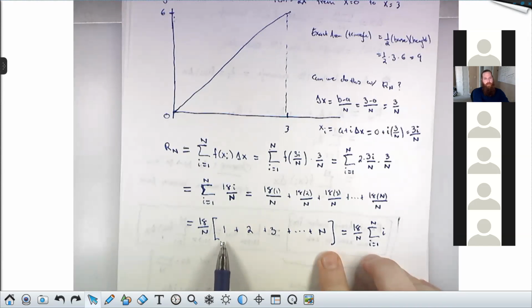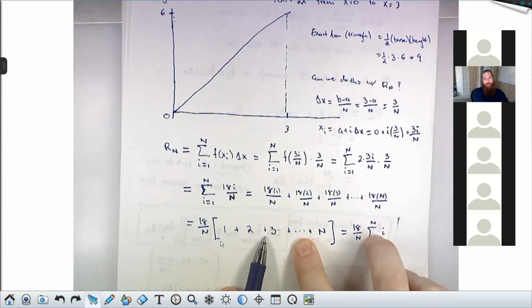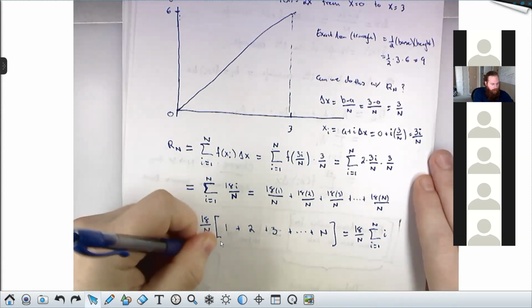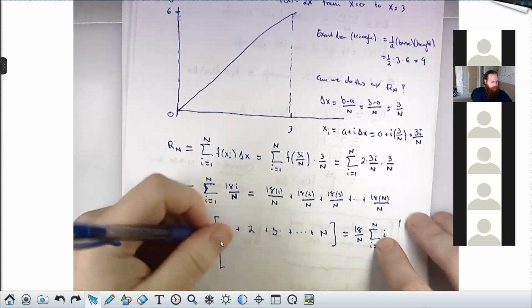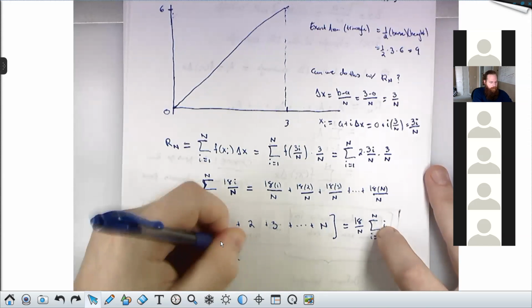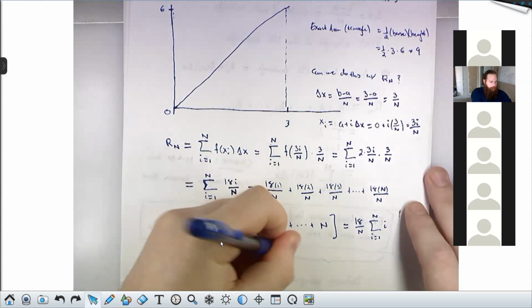Okay, what if I take the first and last term and I add them? I'll have n plus 1. If I come in by 1, I would have 2 plus n minus 1, and then coming in again, 3 plus n minus 2. If I add from the outsides coming in, I get n over 2 copies of n plus 1. So I'll bring my 18 over n down here. This sigma piece, or if you like the expanded version here, is the same as n over 2 copies of n plus 1, or n times n plus 1 over 2.